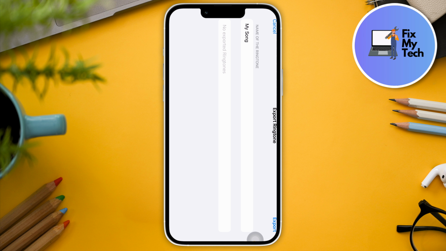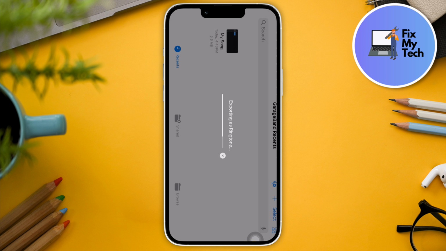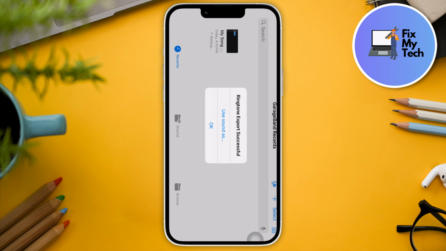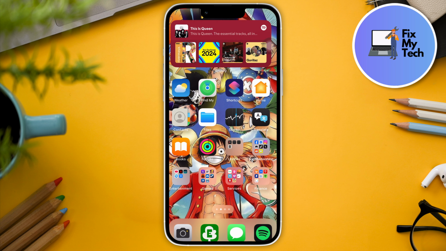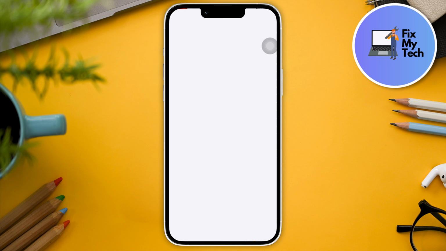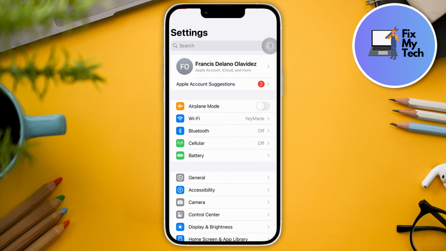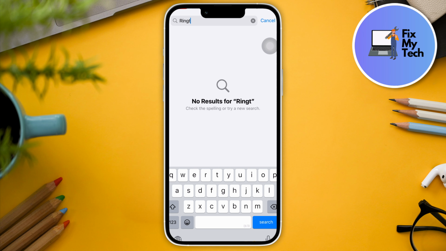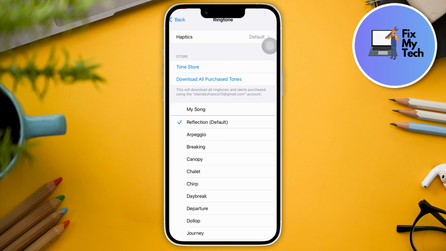And here you can also rename the ringtone. But after you're done renaming it, you can just go ahead and export. All right, so ringtone export successful. Now we're just going to check it in our settings. So head to your settings. I'm just going to go ahead and do this shortcut. Go to ringtone. And then as you can see, you can select My Song, which is the one we edited